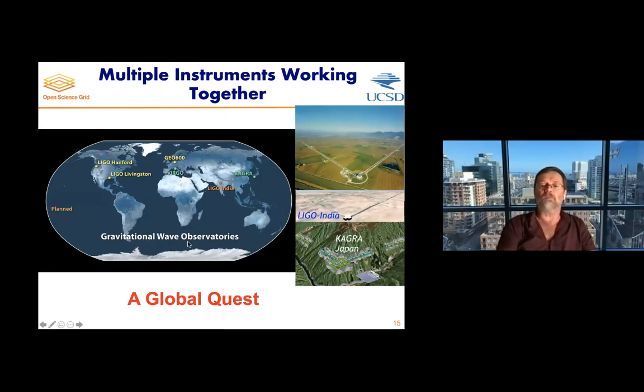And now, where is the world going? This has become a global quest. In fact, LIGO has built a global collaboration, starting with GEO 600, which is a very small experiment without much sensitivity. Now we're adding in KAGRA, and then the next one will be LIGO India. All of these instruments share their data and do simultaneous observations in order to maximize the science.